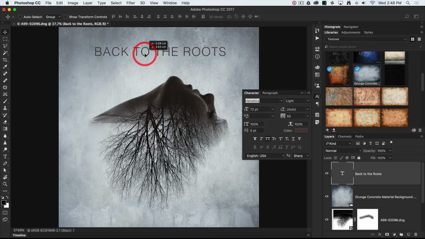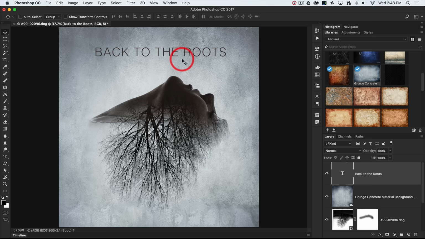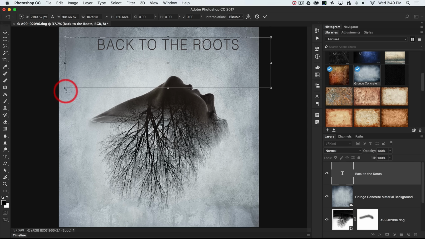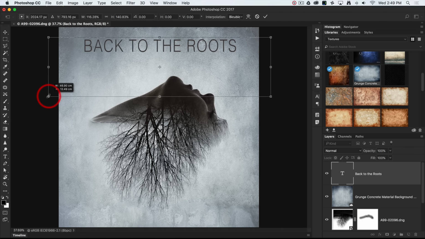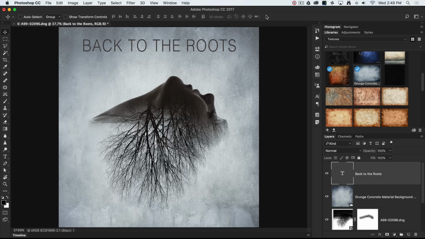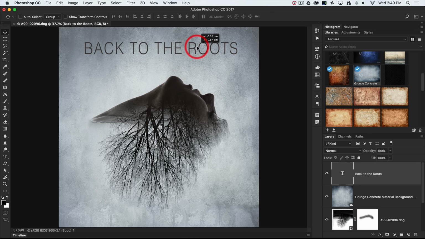If I decide that it needs to be just a little bit larger again, rather than choosing a different size for the font, I'll just go in with the free transform, Command T again, and I could scale that larger. And again, trying to keep that text central to the composition. Okay, and then I'm going to commit. Okay, so once I've got the text in place, and I'll just push that a little bit lower,